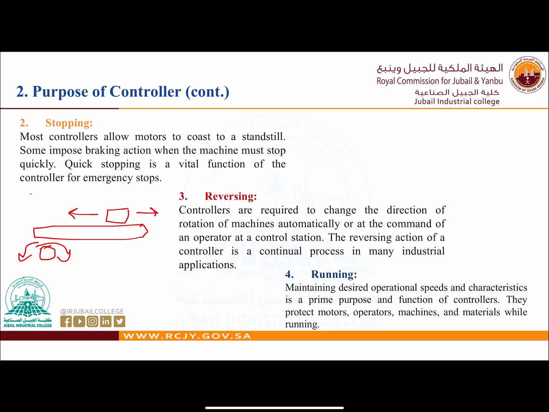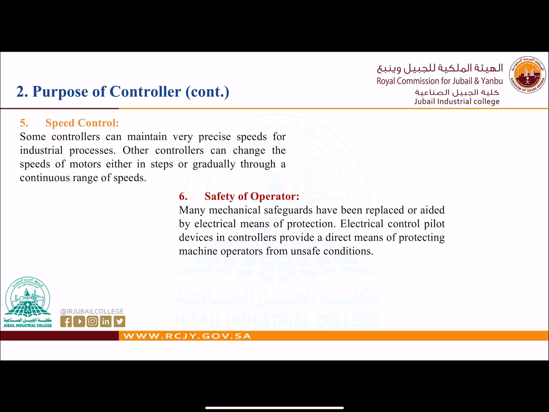So the difference between the two points here, running and controlling speed: with running, we can change the condition of the motor and control it to protect motor operators and machines. But in speed control, we need to be precise with the speed. We are focusing on the speed itself,